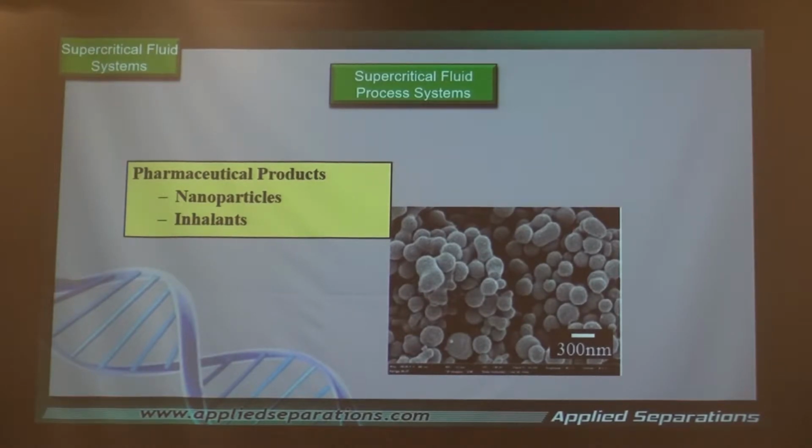Nanoparticles. Making small nanoparticles for inhalation, and I will talk a little bit about the methods in the second hour, about how we can do that. Making nanoparticles for pharmaceutical products, for example inhalants and asthma drugs. We work very closely with Pfizer on the inhalation of insulin. This has not gone to market much, but we worked with Pfizer, using our equipment to do some of that work as well.